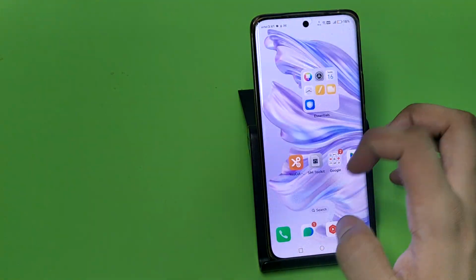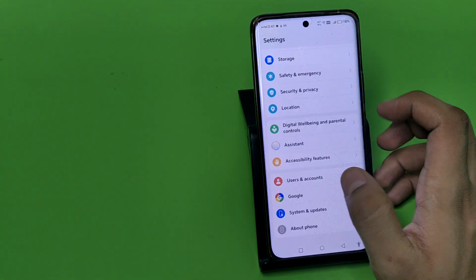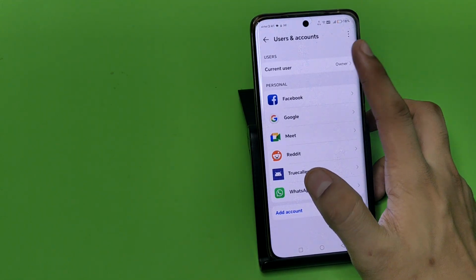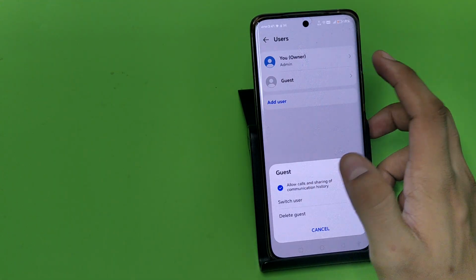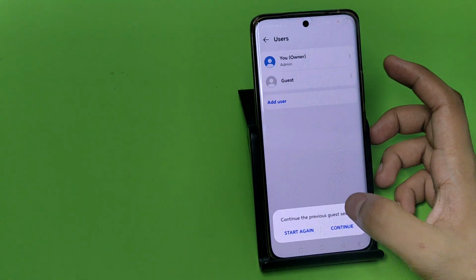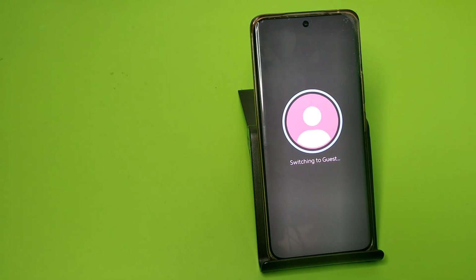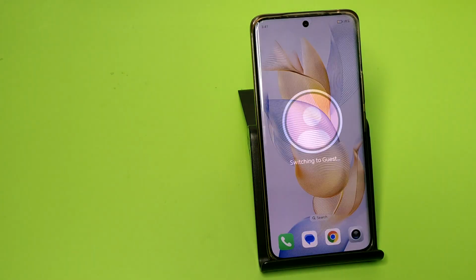First, you have to open your settings like this. Swipe down, here it is user and account. Click on current user and here it is guest. Click on switch guest. Click on continue, and friends, you can see it is switching to the guest mode, and